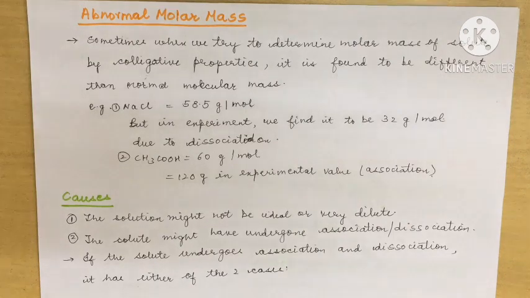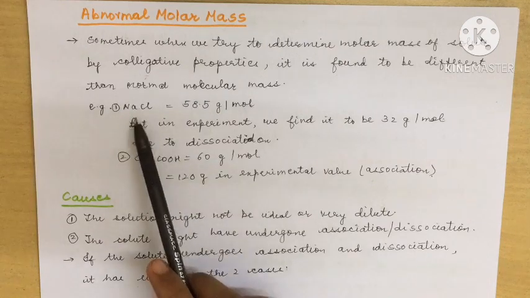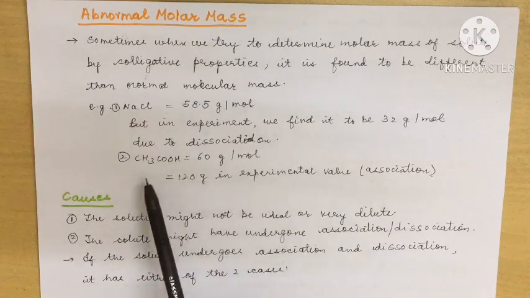Because we know that sodium chloride is an ionic compound. If not only ionic compounds, we can see that there are certainly some particles which can dissociate, in sodium chloride, that is sodium and chlorine. So these get dissociated, and because of that, somewhere or the other, the molecular mass of the sodium chloride will change. Similarly, when we talk about acetic acid,